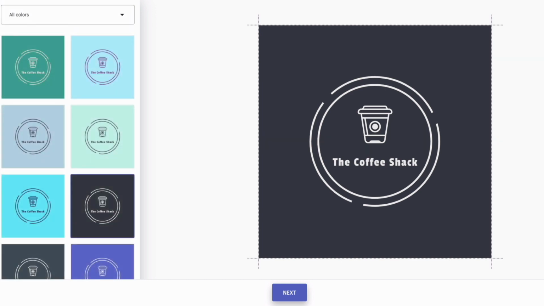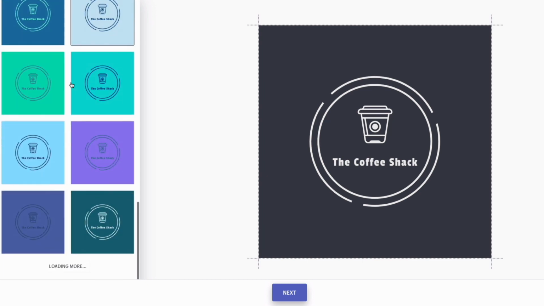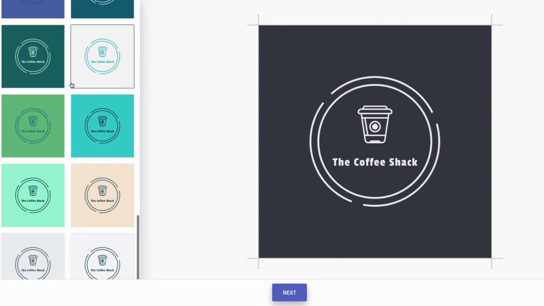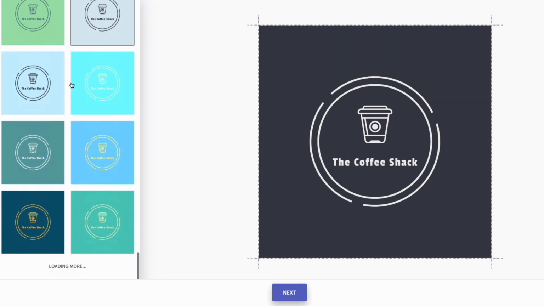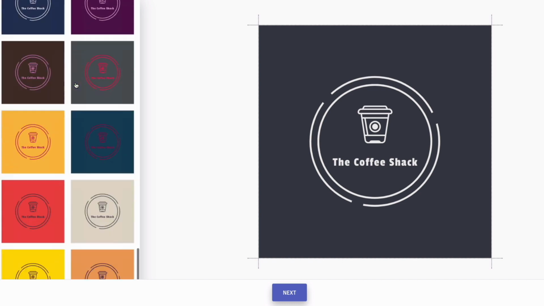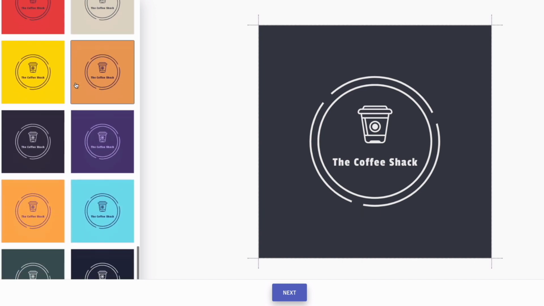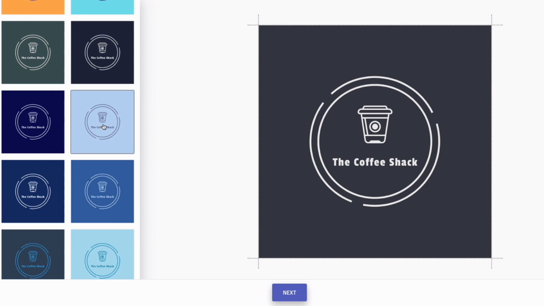Then, as I mentioned before, you can play around with the colors. Very important. Your font and your color scheme for your business need to be consistent so your brand has the same look and feel. I kind of prefer the one we have going right here, so I'm not actually going to choose a different one. But in your case, if you choose to change it to something you prefer, maybe you just click on here and it will change the color of the logo for you.